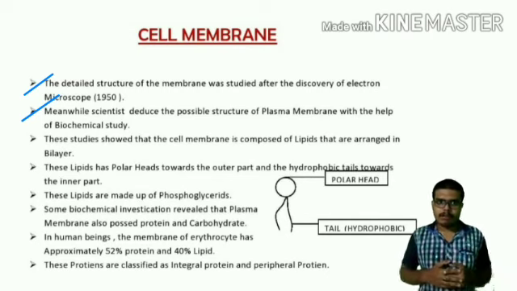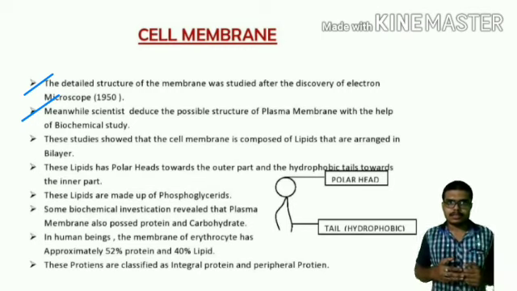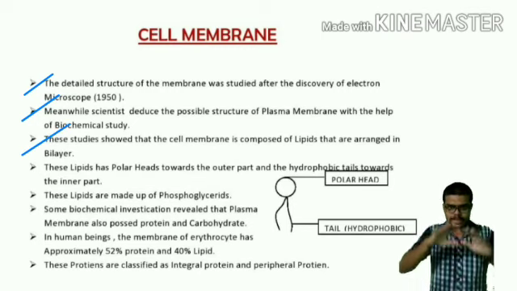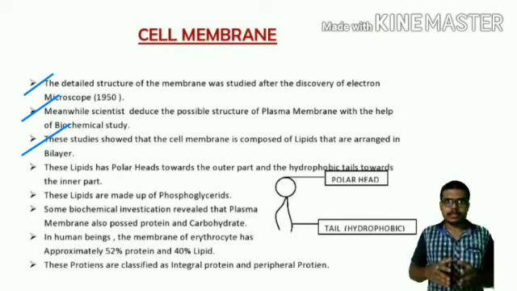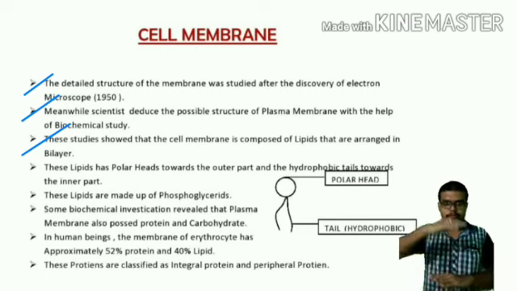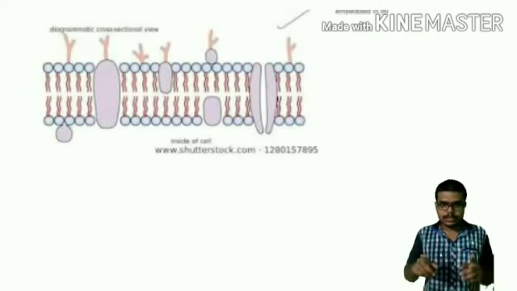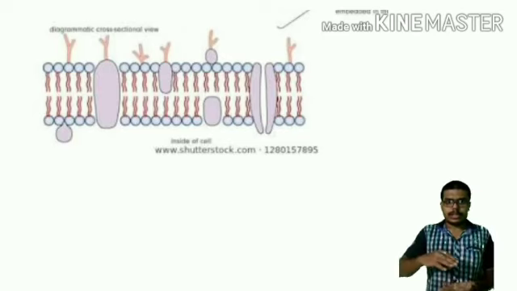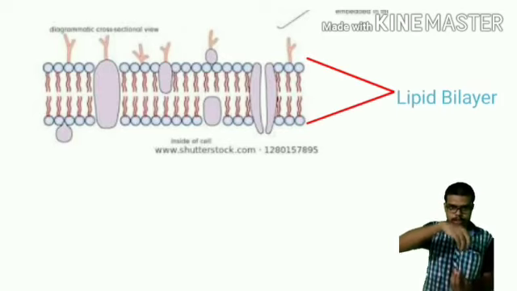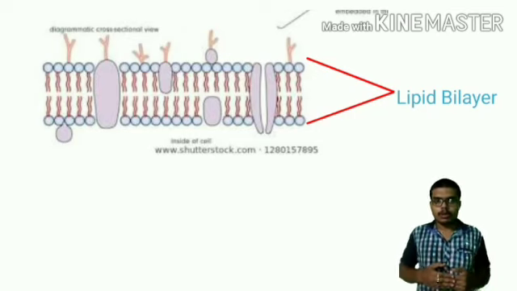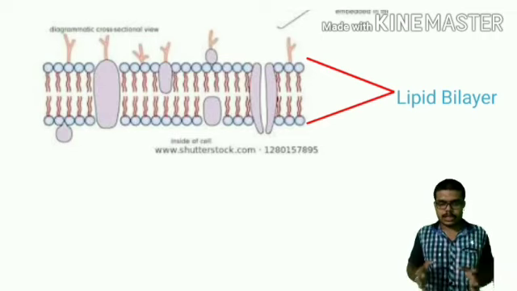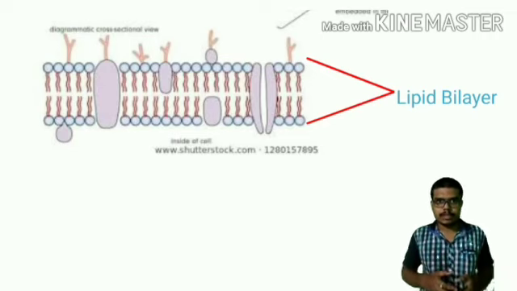With the help of biochemical study, we understand that the cell membrane is covered with lipids which are arranged in bilayer. I will show you the diagram where you can see that the lipid molecules are arranged like this and form the two bilayers that help to provide this structure that protects the